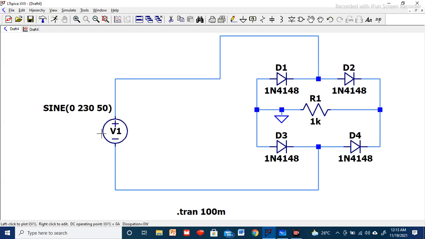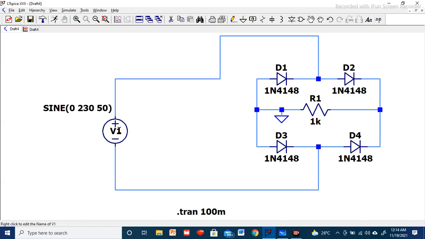Now, the same way, first we are going to define a voltage supply. Here we are not using the transformer concept, because there is no center tapping and all those things. Even if you want to use it for isolation purposes, we can use the transformer concept in the same way as we used in our previous video for the center tap full wave rectifier, but it is not needed. So directly I have defined a voltage source and connected it through the diodes.